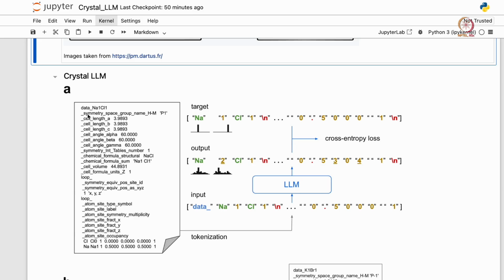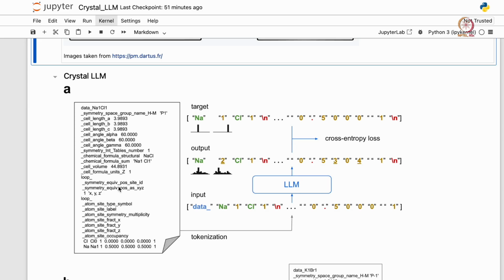The next line is the symmetry space group. You have the symmetry space group name, HM stands for Hermann-Mauguin symbol, and you have the space group symbol P1. Next you have the cell vectors a, b, c, the cell angles alpha, beta, gamma, the place of this space group notation in the international tables, the formula, the cell volume and the number of formula units you have in the cell.